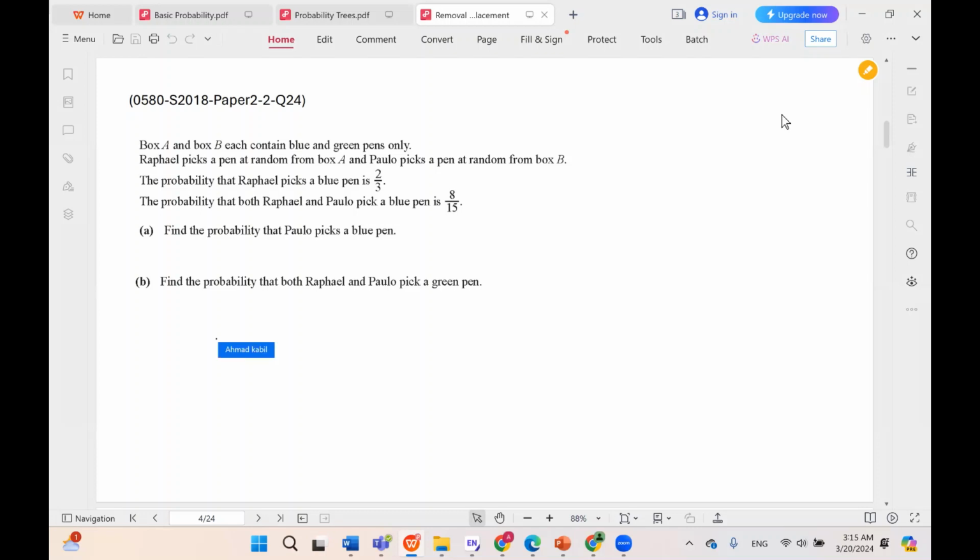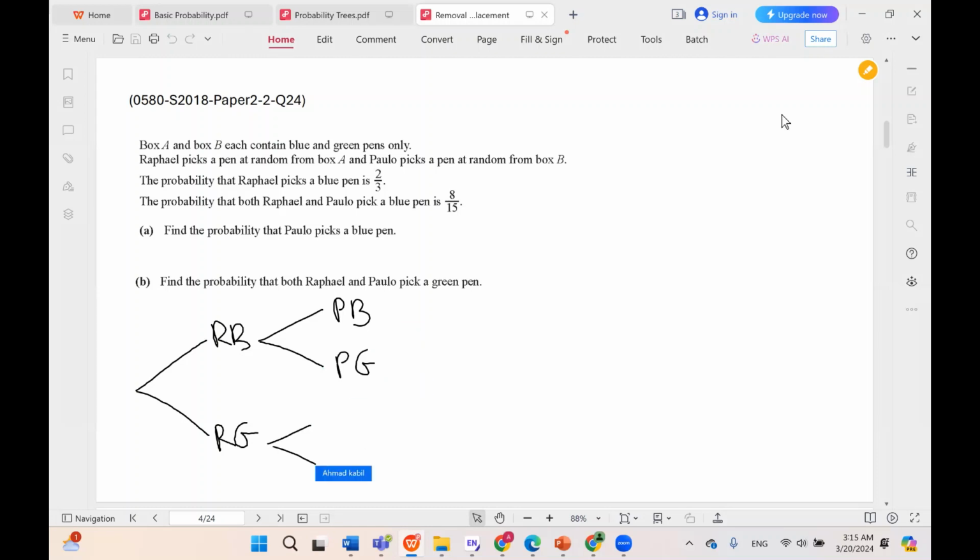So for the first event, we are discussing what Rafael will do. Rafael can either pick a blue or a green pen. So Rafael blue and Rafael green. And then for each of these scenarios, Paulo can either pick a blue pen or a green pen. So we can draw a tree to represent this problem. Paulo blue and Paulo